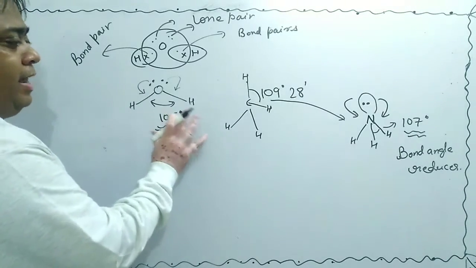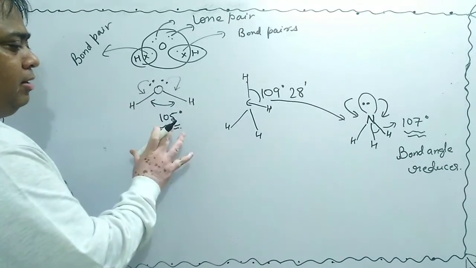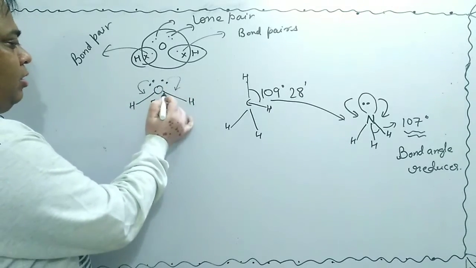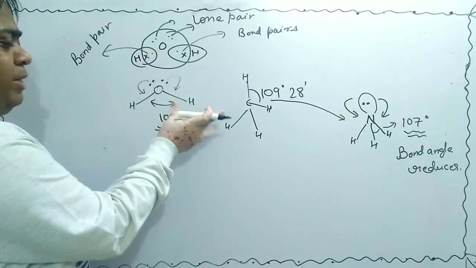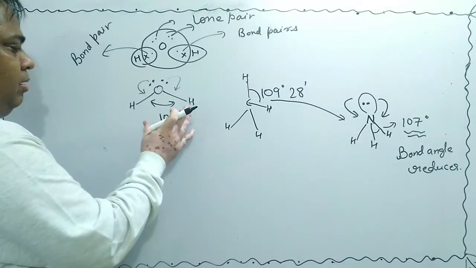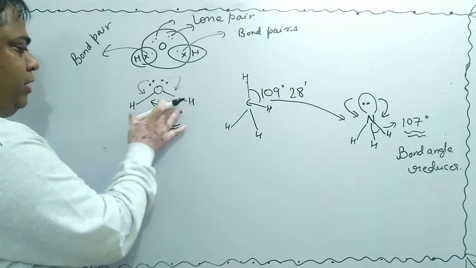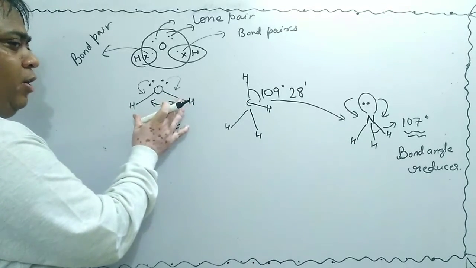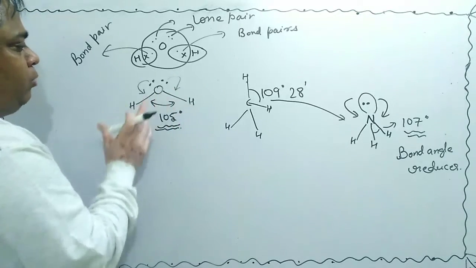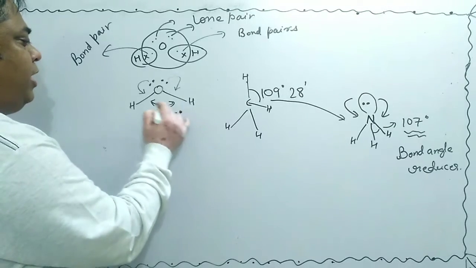Now this bond angle actually does not remain stable. There are various other kinds of movements which take place in this bond. The oxygen hydrogen bonds move like a spring. They wave from their position like the waving tail of a dog. So they undergo a waving motion. They undergo a rocking motion. They undergo a twisting motion. So this is a general average bond angle value.